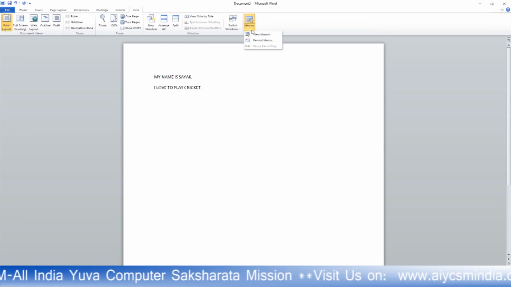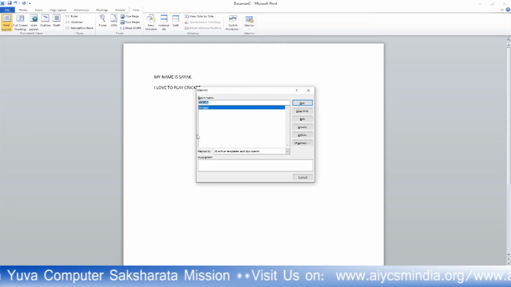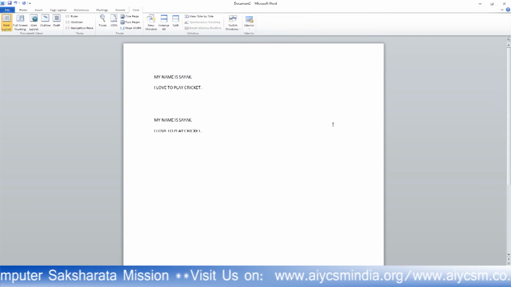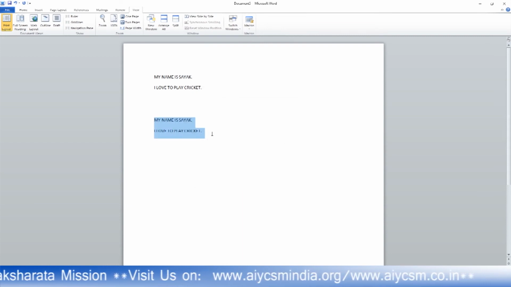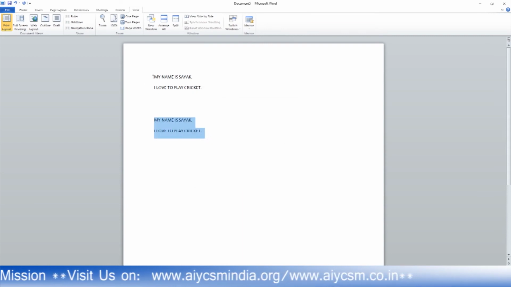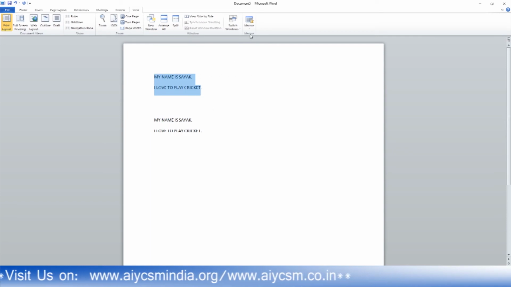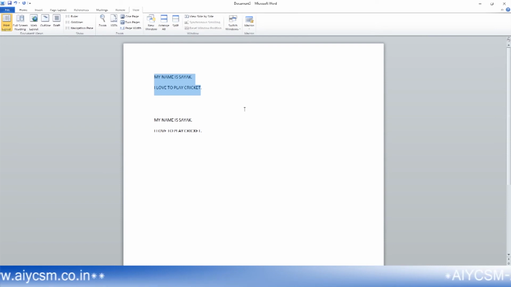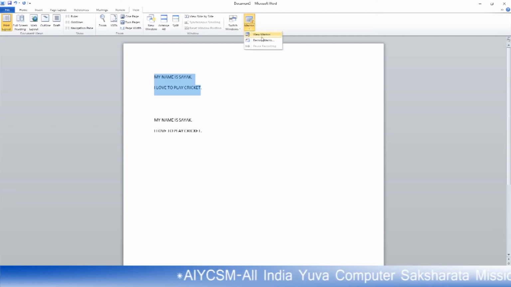And now anytime you want to run the macro, go to view macros. Here you can see your macro, run it. It will run the same things that it recorded. These two lines I recorded with the help of this macro. Any important thing, your account number, your date of birth, your girlfriend's date of birth, which you want to remember, run the macro and you will see all the important information there.